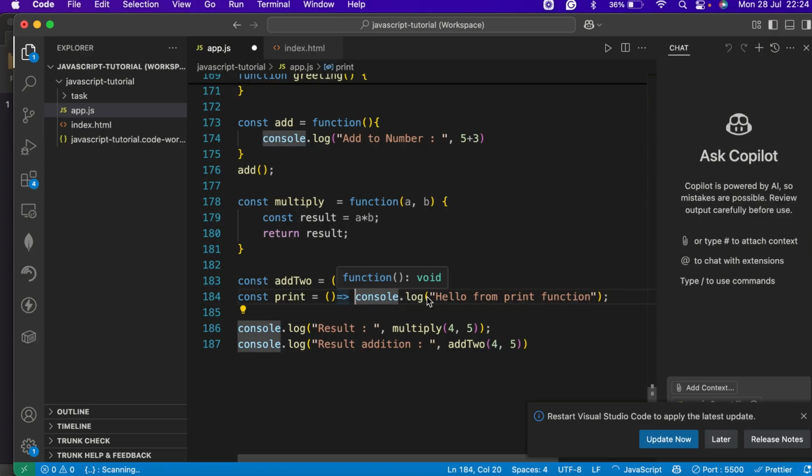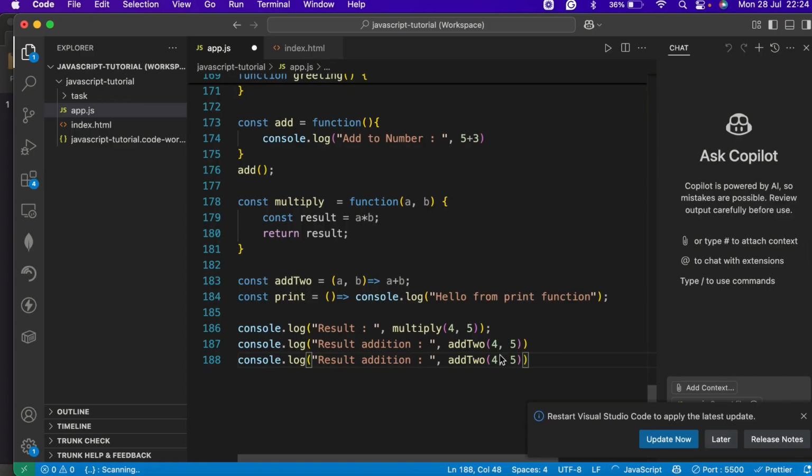If not, you can write them in multiple lines as you want, but you have to put this curly brace if you want to have it in multiple lines. So you have to put this curly brace. So that's it. If I now have to call this function, I'll just Control C, then come here and